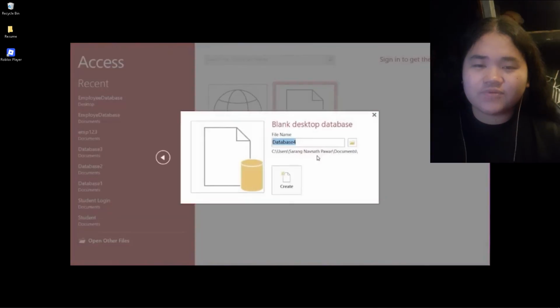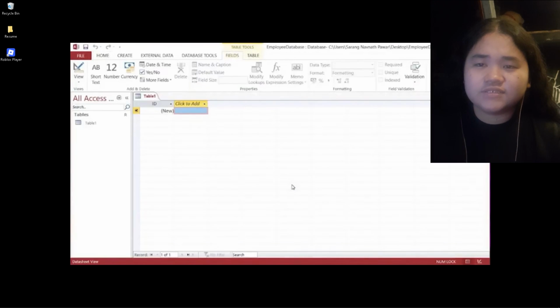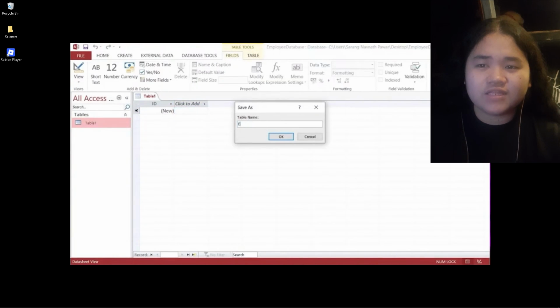First, let's create our database. Open Microsoft Access and choose Blank Database. I name this file employee database.accdb and click Create. Let's rename the default table to Employee Table by switching to Design View. I'm renaming it so it clearly represents the kind of data it will store, which in this case is employee